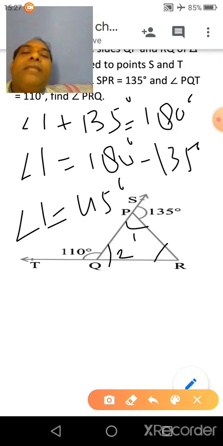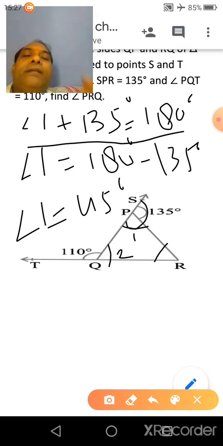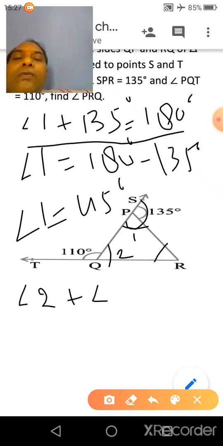Clear? So angle 1 plus angle 35 will be 180 because linear pair. Clear? Now angle 2 plus 110